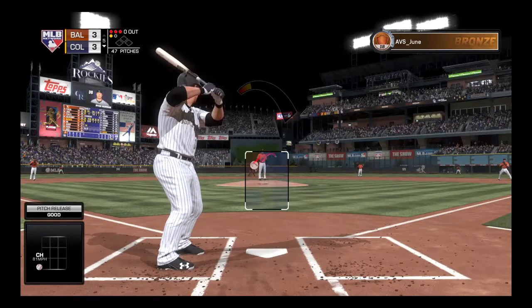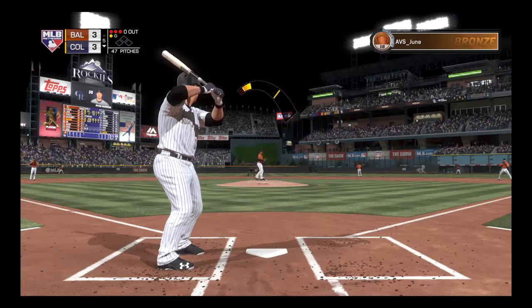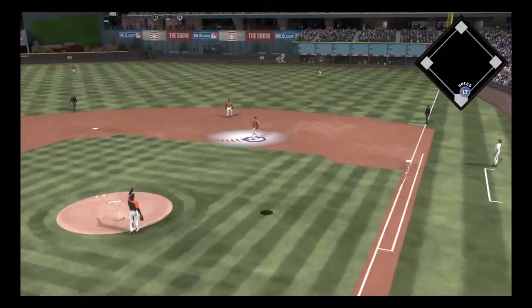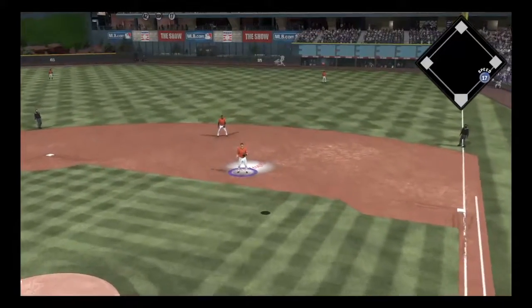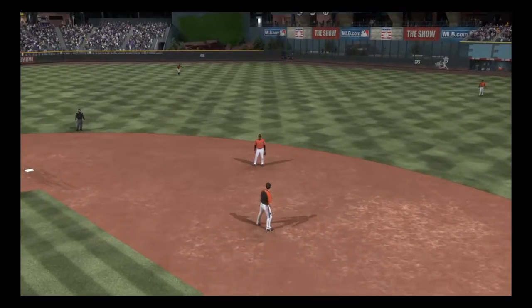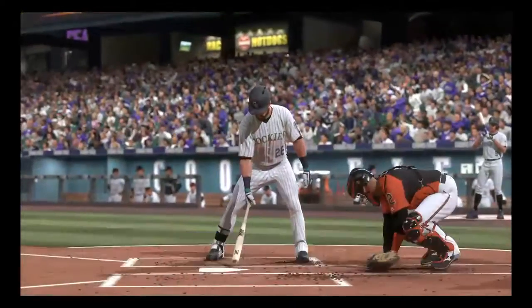Well, he doesn't have any walks yet. He's going to have to come in the zone right here and really avoid throwing that first walk of the game. Popped high in the air. Goldschmidt is there for it. And he hauls it in for the first out of the inning. Ready for another